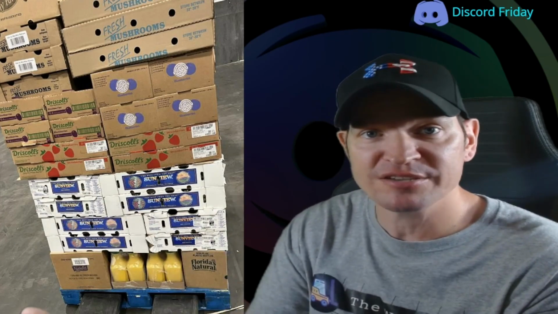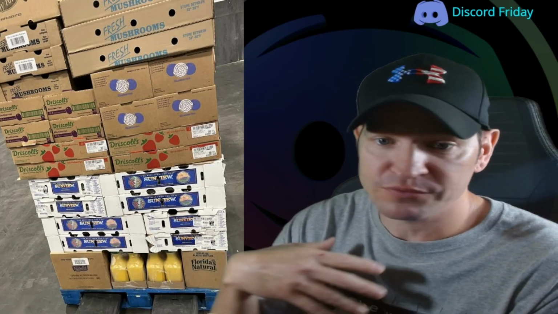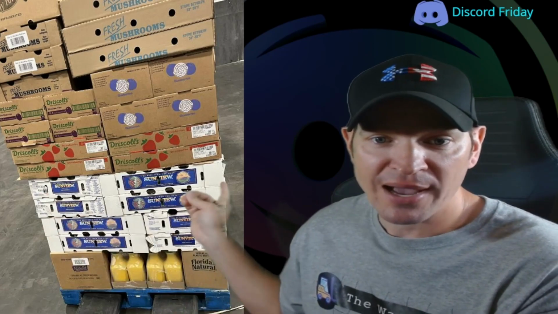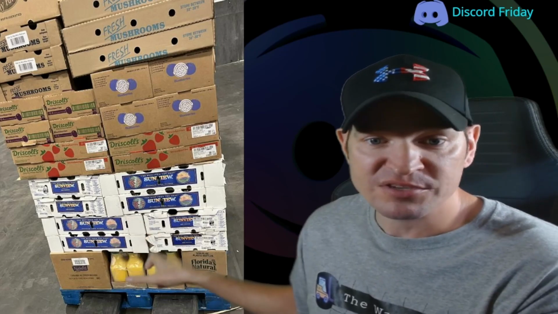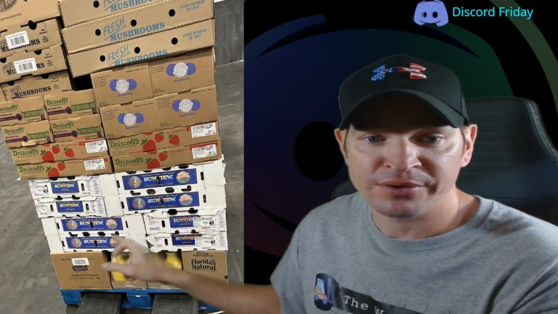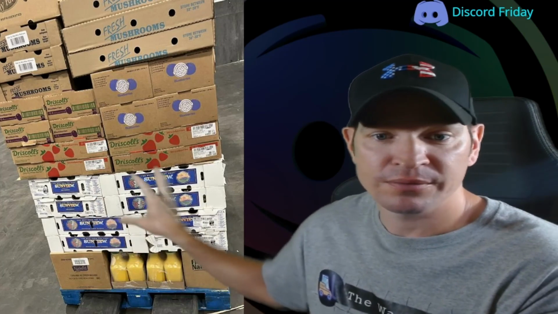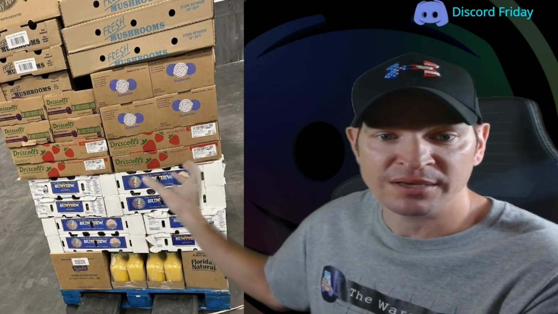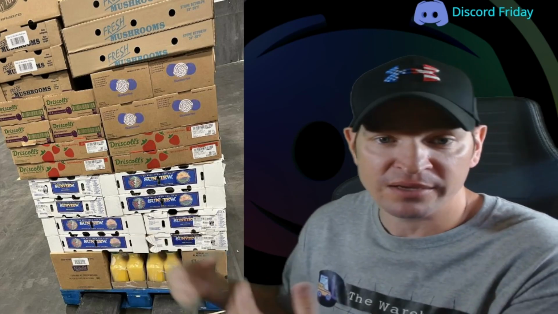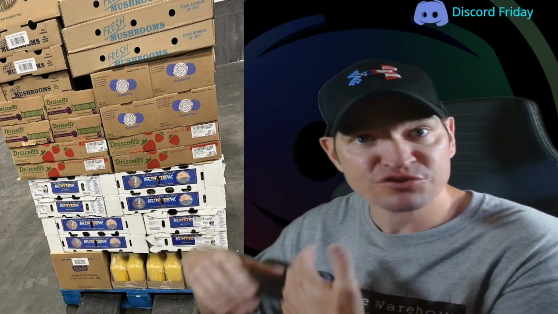Now, I have told you guys in the past, and I do it all the time, when you have the same cases, even if these are different products, I column stack these because they all lock in together. I don't find a need to rotate and tie in grapes because they all lock together, unless you just feel like you're comfortable with doing that. So with that being said,